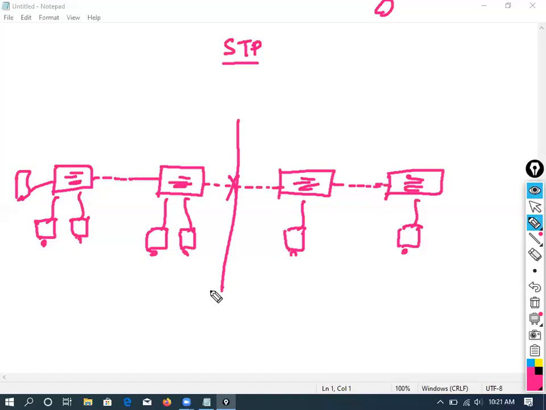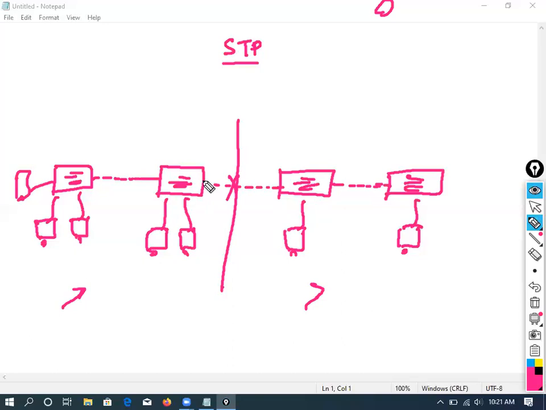Your network is split into two pieces, right? So this will communicate separately and this will communicate separately. Very simple: your network is not stable now. All the devices won't be able to communicate together because your network is split. Clearly understand?